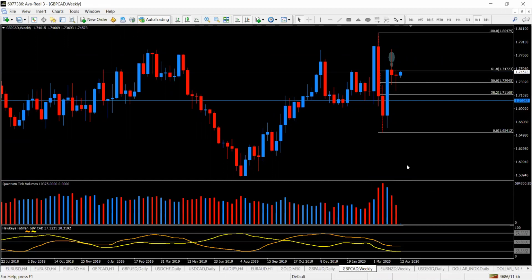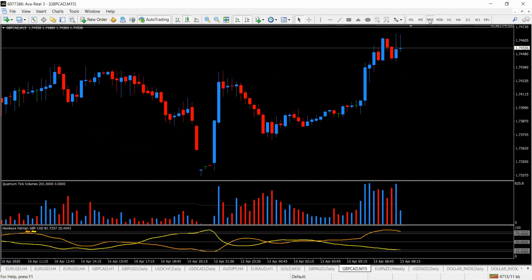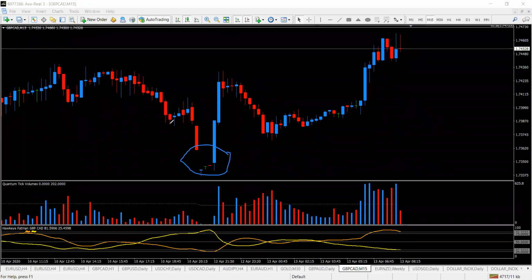So this is the GBP trade that we talked about yesterday. We were looking to short the trade. And what happened right now is at the market open, we saw that it gapped down. I'm just trying to go to the 15 minutes. The chart seems to be kind of frozen right now. Okay, so right over here, you see it gapped down. Right at this place. So once the market opened, we placed one pending order over there.